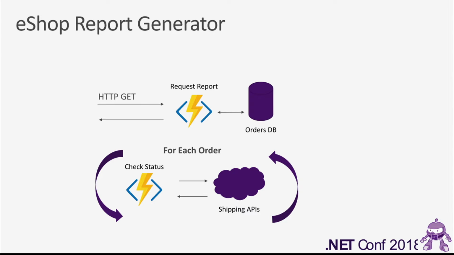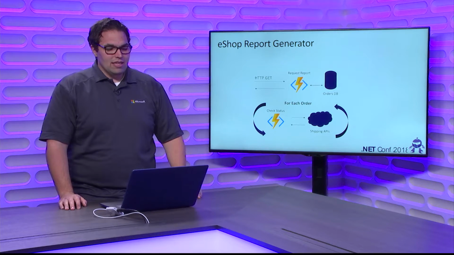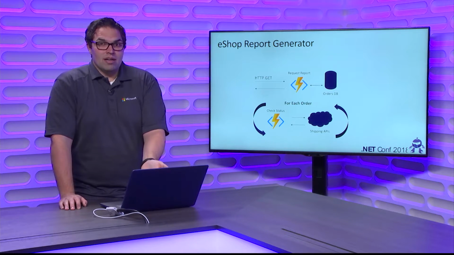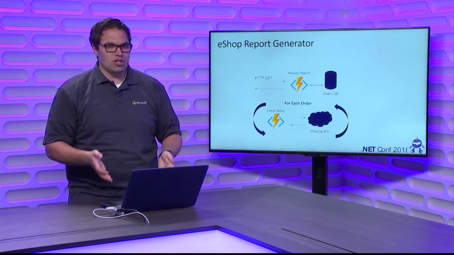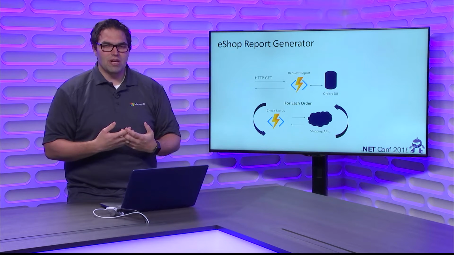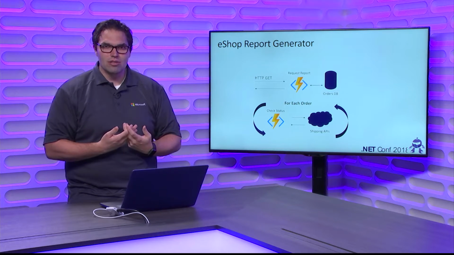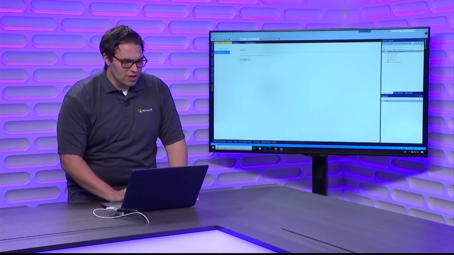If I just try to write a single C# application, it's very possible that this thing's going to take 2 hours to run. It's got to make all of these individual calls. I can't just write that as an Azure function and publish it to the cloud as is. So that's where I'm going to bring in durable functions to help orchestrate these different calls, parallelize the work, and do it all for me. So I'm going to show you what that solution looks like.